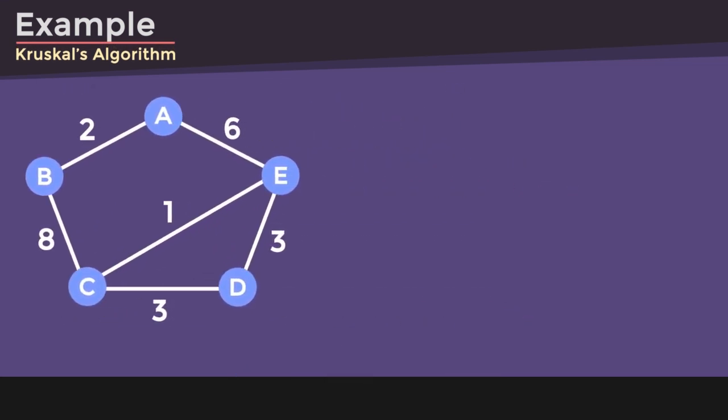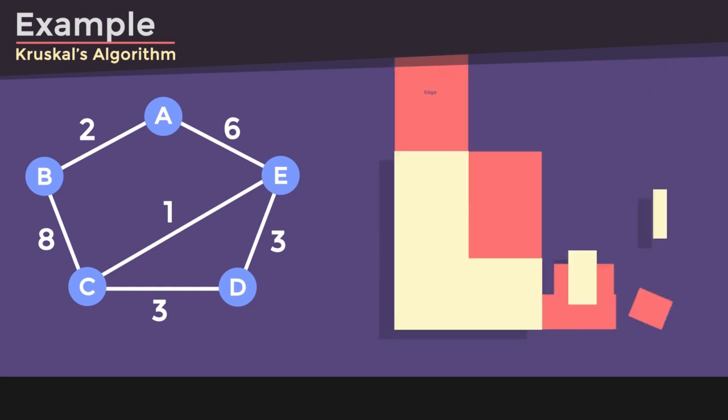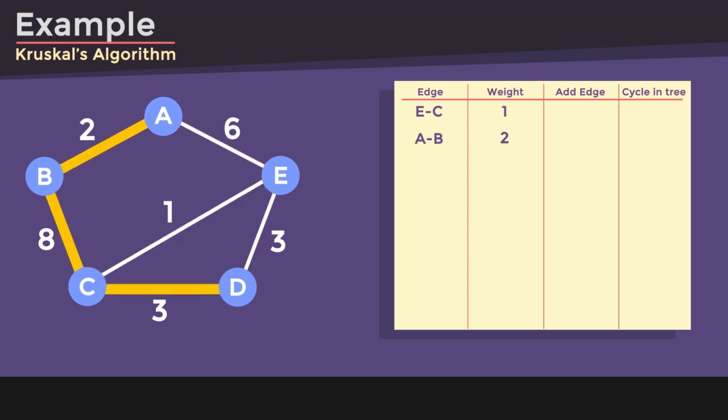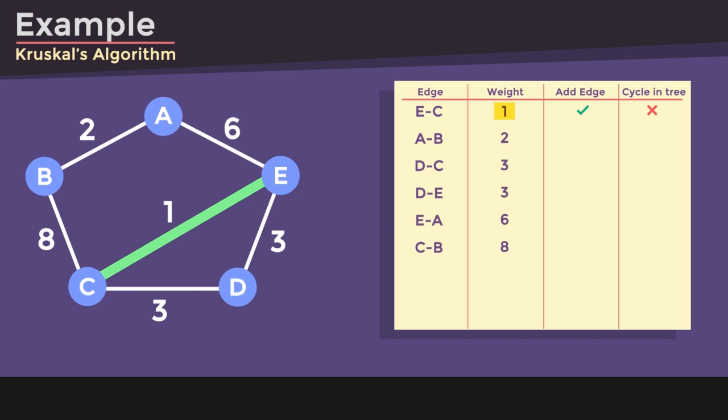The first step is to sort all edges in non-decreasing order of their weight value. And now it is time to pick the smallest edge among all, as long as there is no cycle. The first edge that we're going to choose is EC that connects two nodes. The next one is AB and there is still no cycle. Then DC,